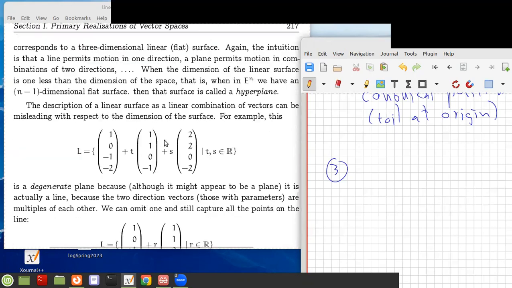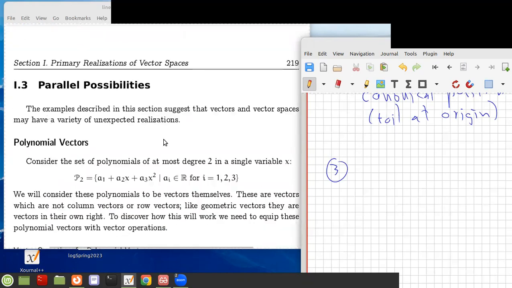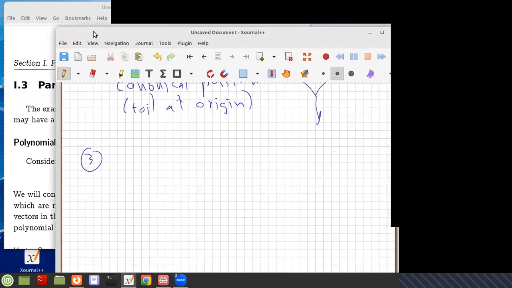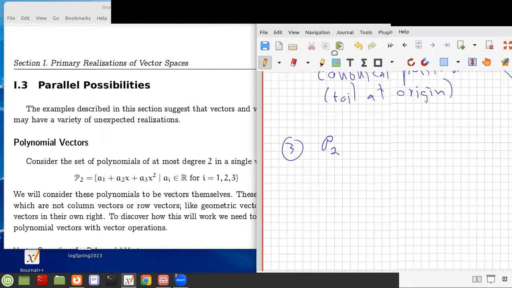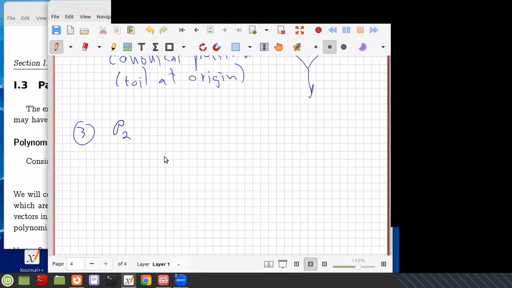Okay. There's all the geometry there, and we will come back to some of those problems, but I wanted to go on and look at the parallel possibilities. So let's look at what's called P2. This is the vector space of quadratic polynomials. So this P2 is going to be, let me make sure I use the same notation,